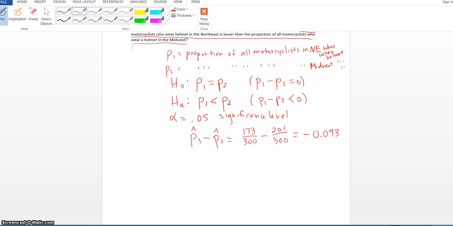So now we have our p-value equals 0.010. To make a decision about what to do here, I compare this to my significance level. This is less than my significance level, which was 0.05. So I reject the null hypothesis, which means that I do have strong evidence